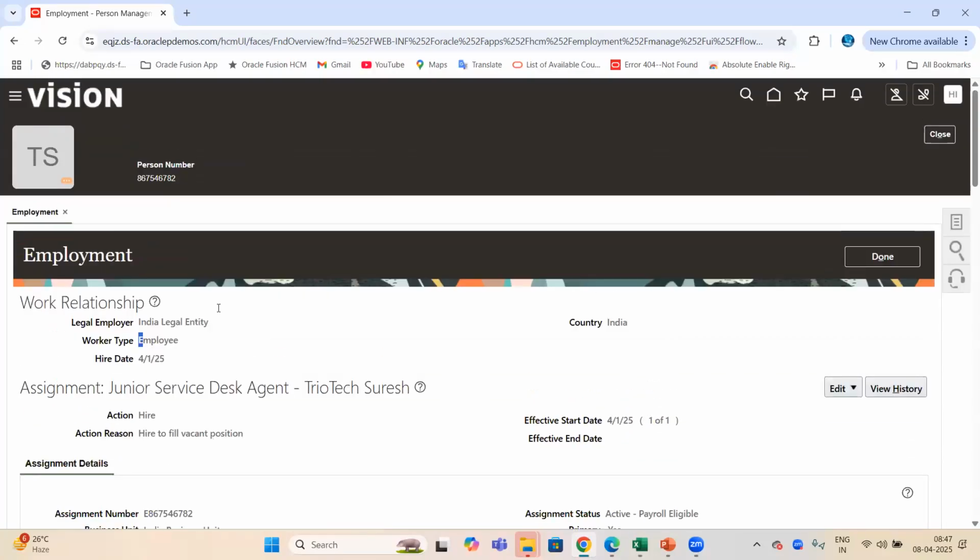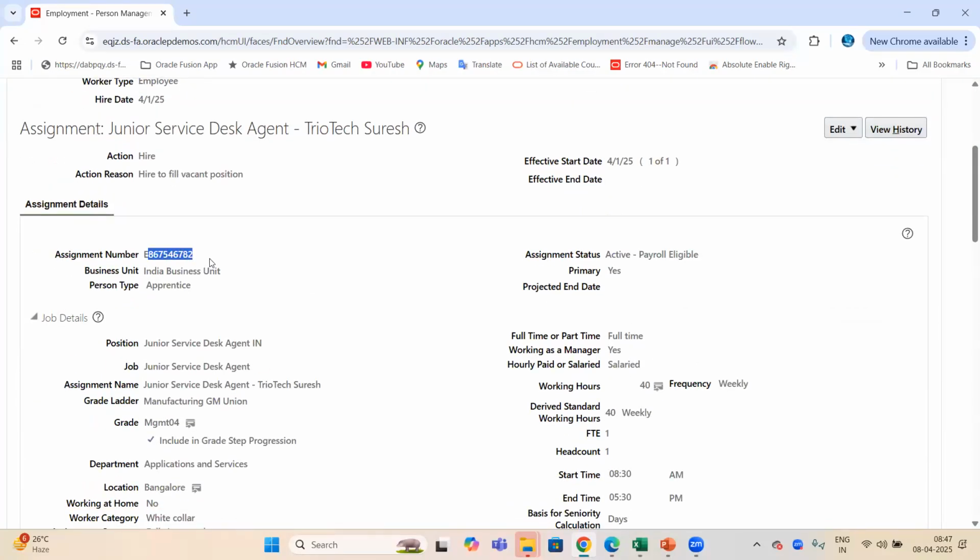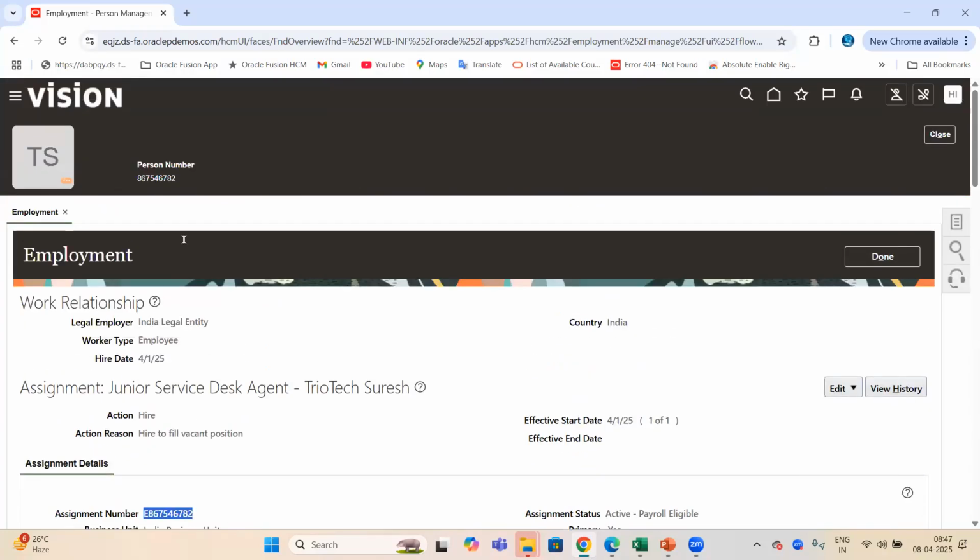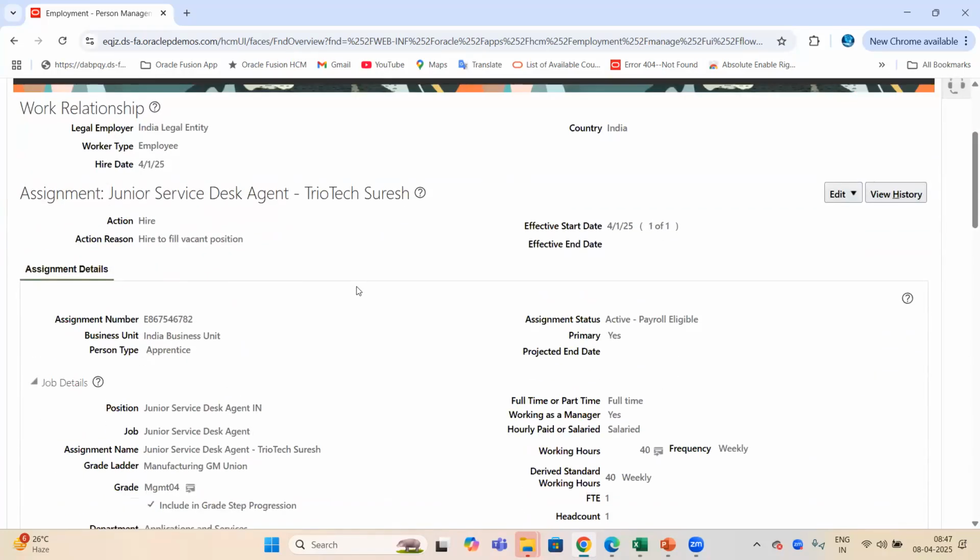So in case of employees, the person number prefixed with E will be the assignment number. Let's say if it is a contingent worker, the person number prefixed with C, contingent, starts with C. If it is a pending worker, the person number prefixed with P, non-worker, N,